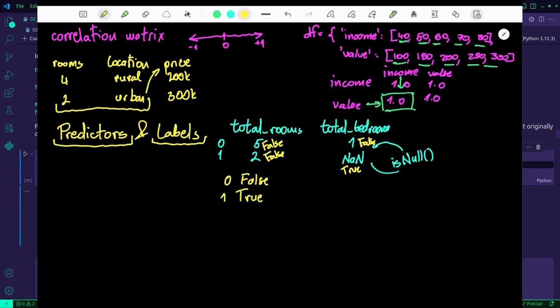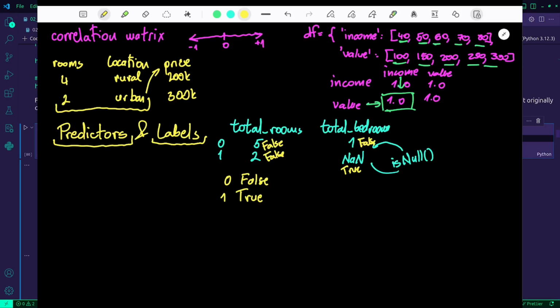So if I print here null rows idx, what do I expect to happen? I expect to get just instances of true and false. Yes, this is what I expected. And I can even check null rows idx sum.